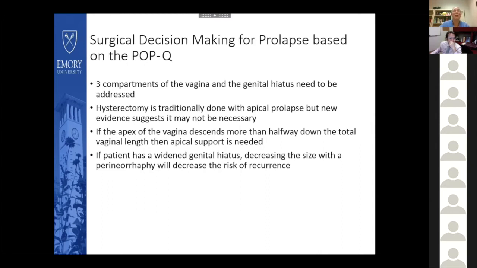It depends. So with prolapse, you usually get some cervical elongation. So if the point doesn't move at all, like let's say, if you've not had a hysterectomy, your total vaginal length is usually about 9 or 10 to 11. Let's say that you have a total vaginal length of 10 and your D point only comes to 8, then it would be exceptionally difficult for me to do anything vaginally. But if your D point comes all the way down to, let's say, 6, which is not half the length, but you've got a cervix that started to elongate to 3 or -3, then I am probably going to consider